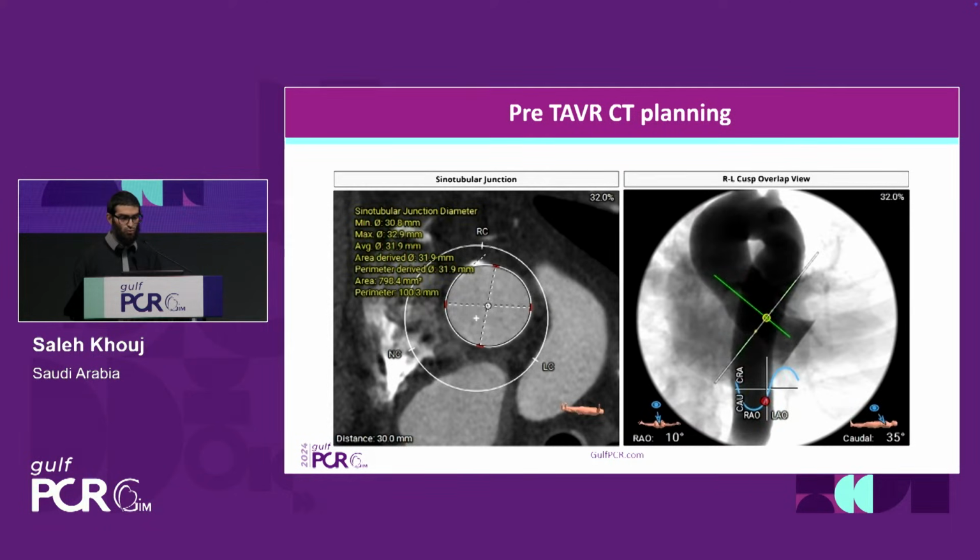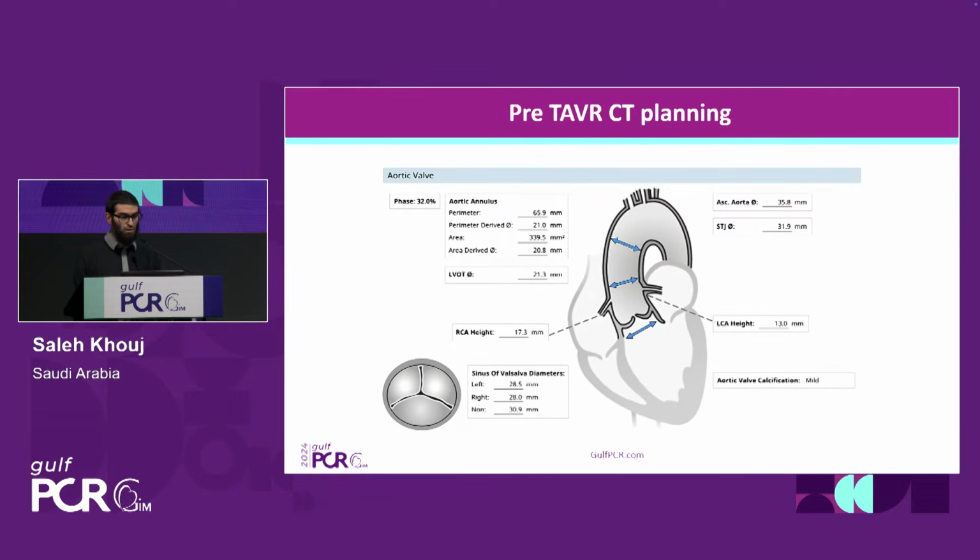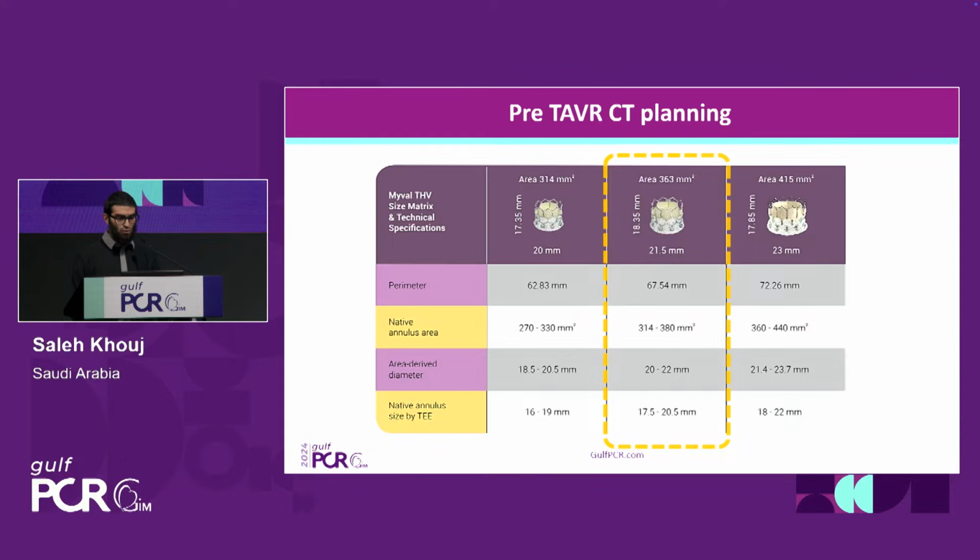Cusp overlap view. And this is the membranous septum length, which is very short, which increases the risk of requiring a permanent pacemaker, as the patient also has a right bundle branch block. So the area goes within the range of 21.5